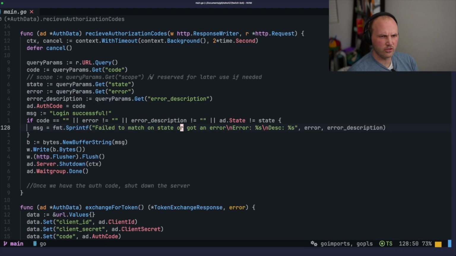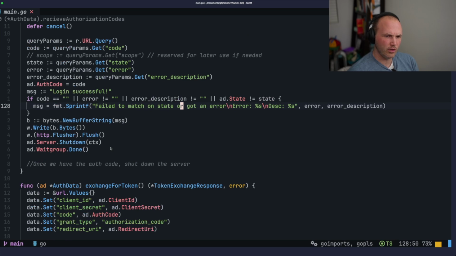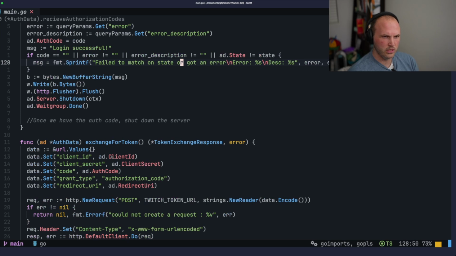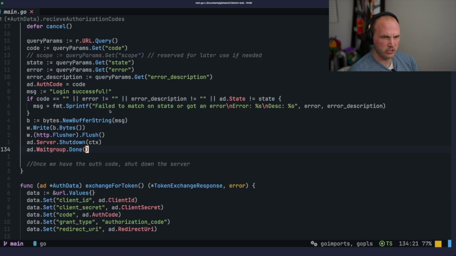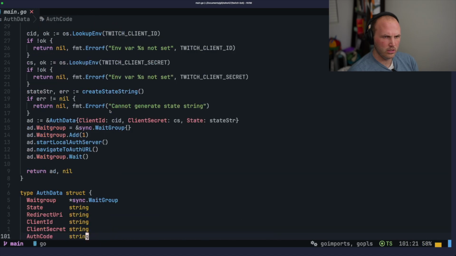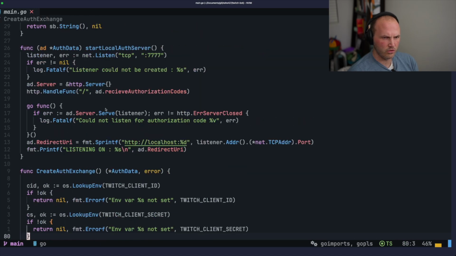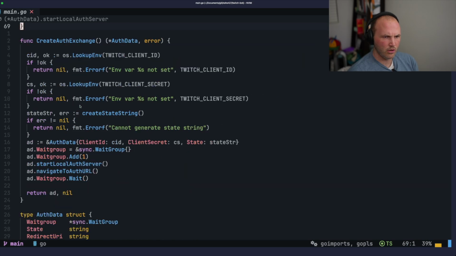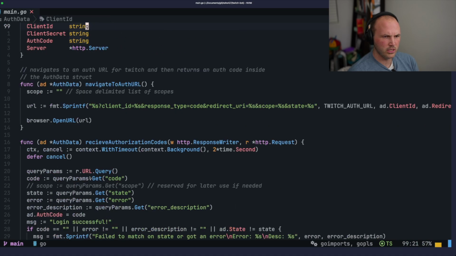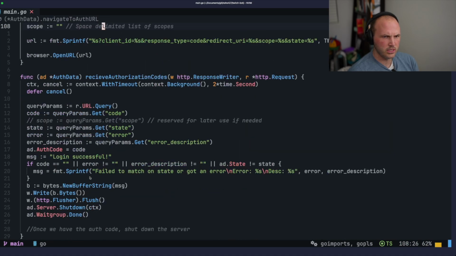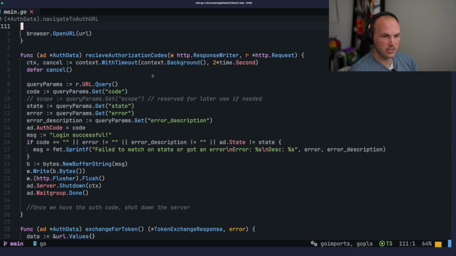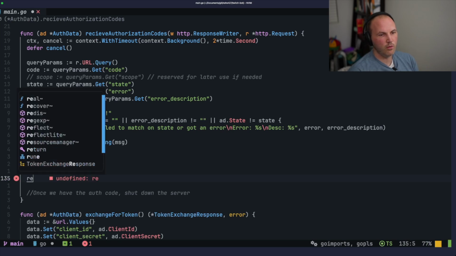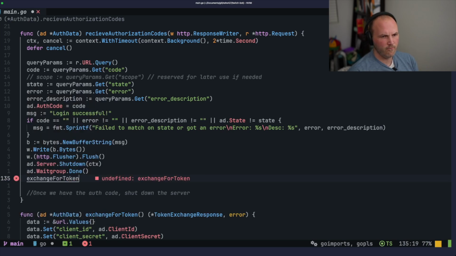So we get the authorization codes. And what I realize is that we actually don't ever exchange for a token, right? We just say get the auth codes and we never actually call the exchange function. So where is our function here? Start local auth server, create state string, create auth exchange. So we say navigate to auth URL. That launches this down here where we then wait. Okay, so once we receive the authorization codes, then what we'll want to do is exchange for a token